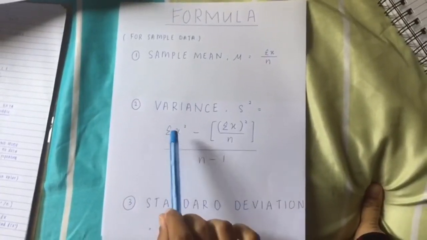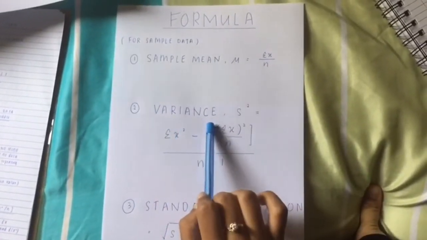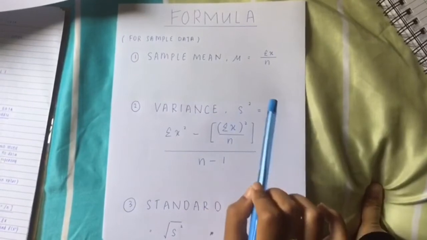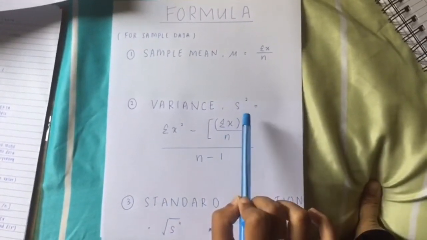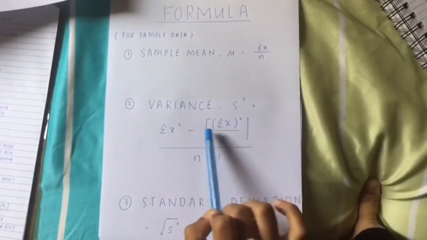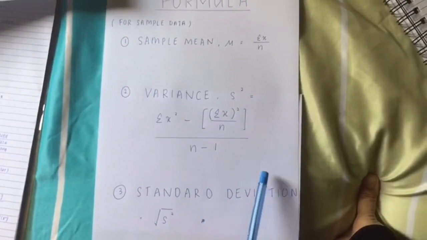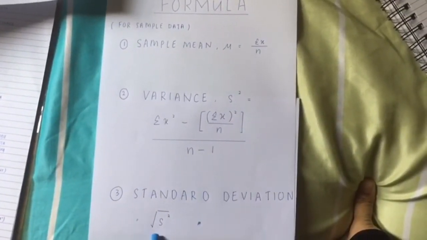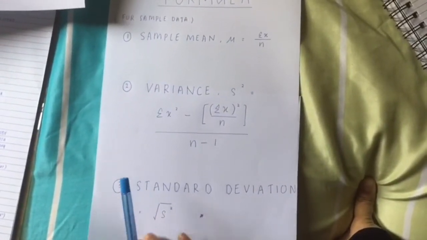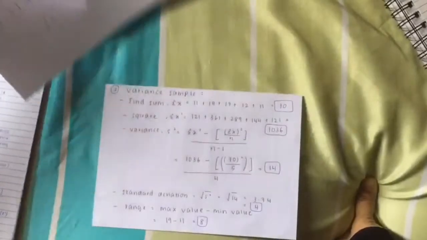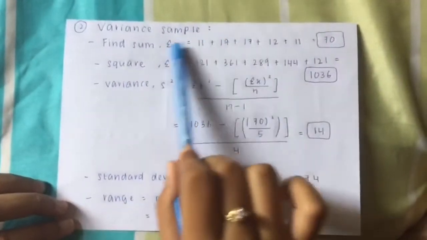Next is how to calculate the measures of variation. This is the formula for the variance, which is s squared equal to summation of x squared minus summation of x squared divided by n, and then we divide by n minus 1. The formula for the standard deviation is the square root of s squared, and the formula for the range is the max value minus the minimum value. So this is how to calculate the